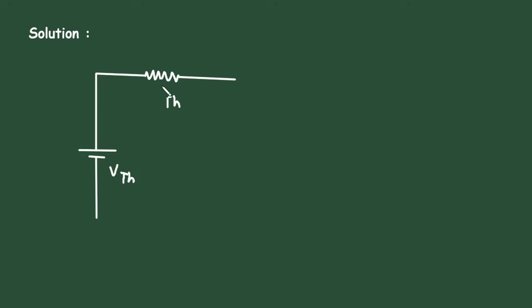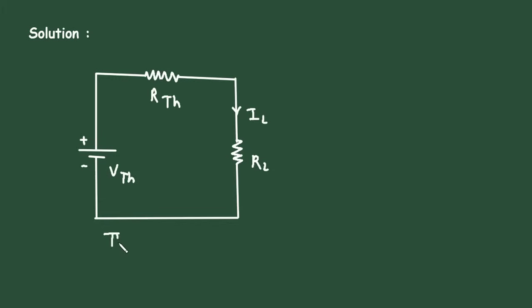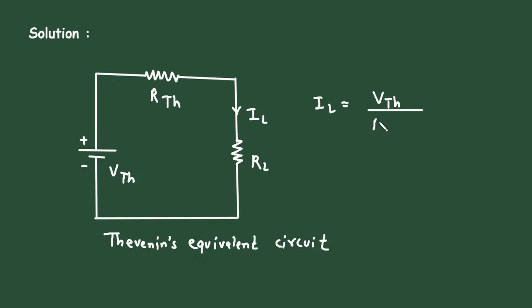this is RTH. RTH is the equivalent resistance at the terminals when all the independent sources are turned off. And this will be our load resistor RL, and this is load current IL. This is called Thevenin equivalent resistance. This is Thevenin's equivalent circuit, we can say. And here this IL is equal to VTH divided by RTH